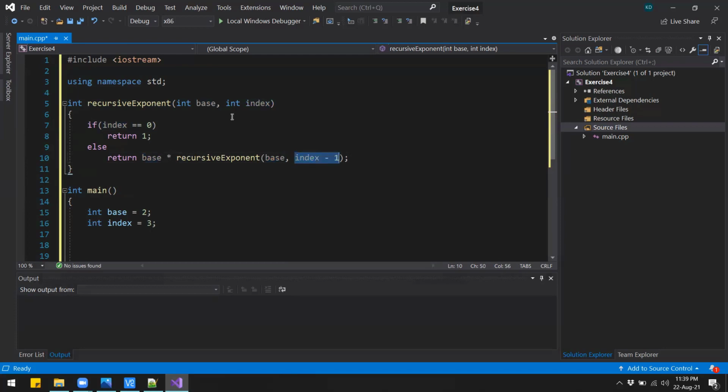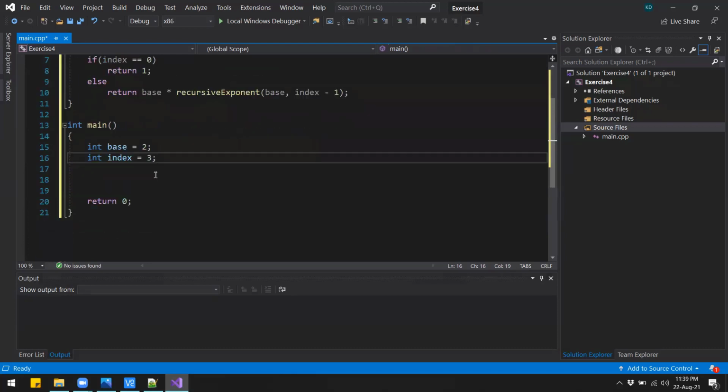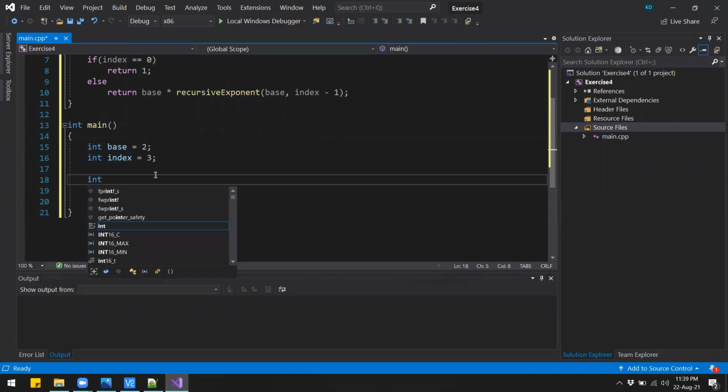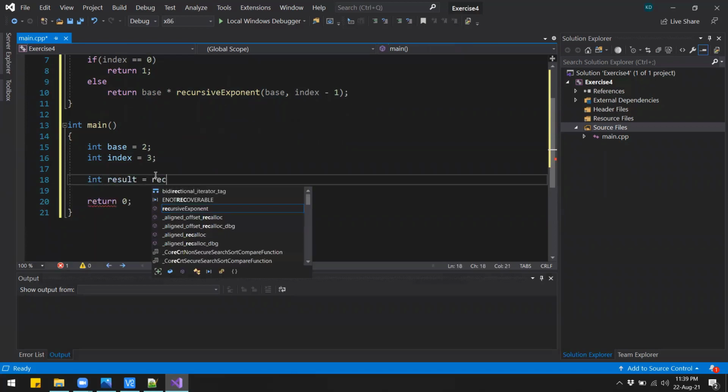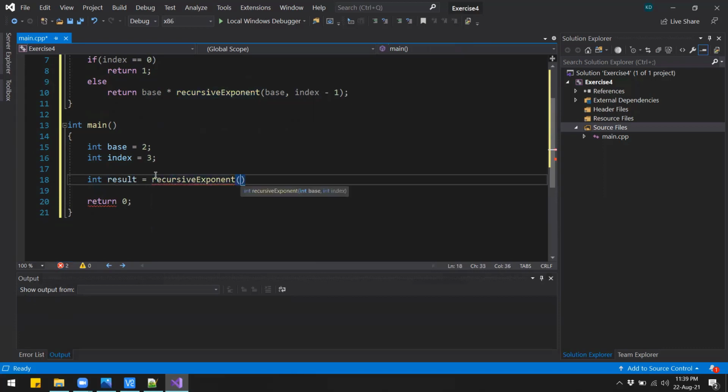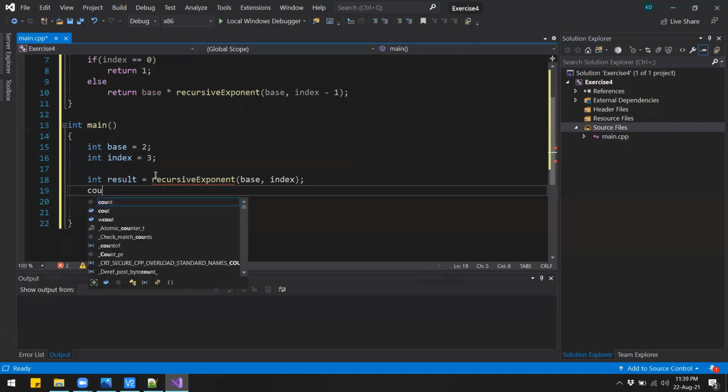So 2 power 3 is same as 2 times 2 to the power 2. Right, we'll do a hand trace of this function, and we will better understand how it actually works. So over here I will define a variable called result, and I'll call the recursive function and pass base and index. And then once we get the result, we will print out.